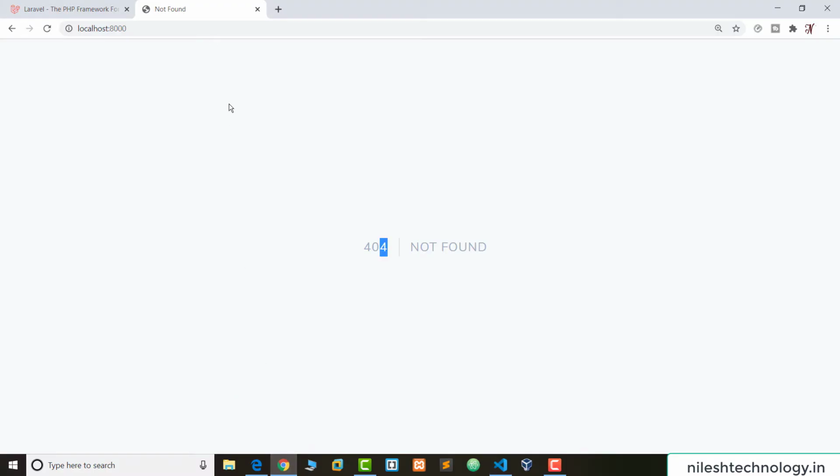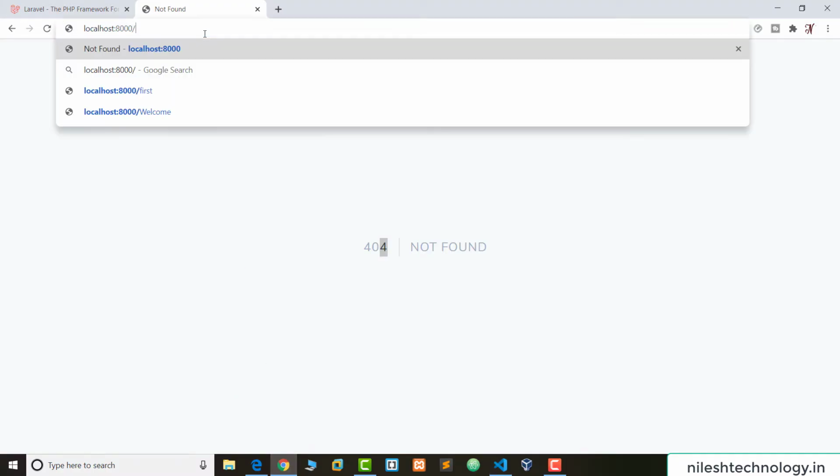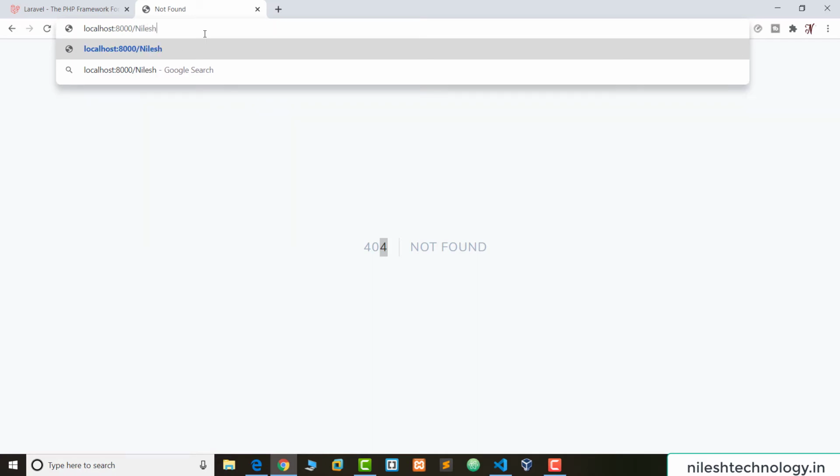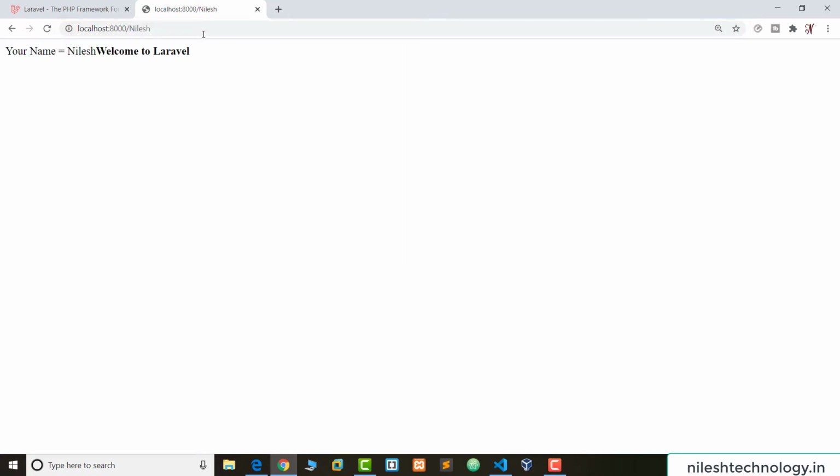So when we use a slash with some parameter, for example Nilesh, and hit enter, then see your name equal to Nilesh, and this is my view message, welcome to Laravel. So this Nilesh is not a route name, this is just a URL parameter.